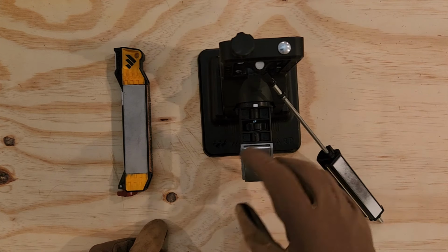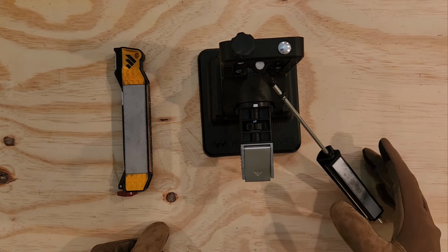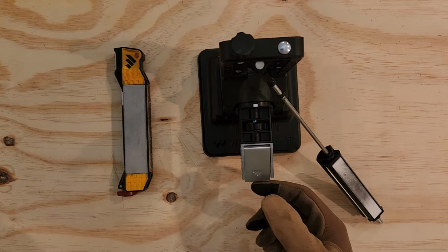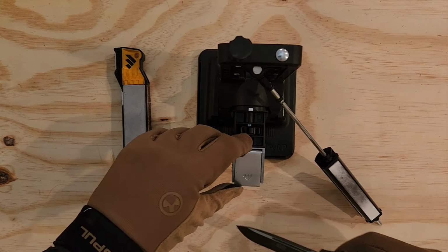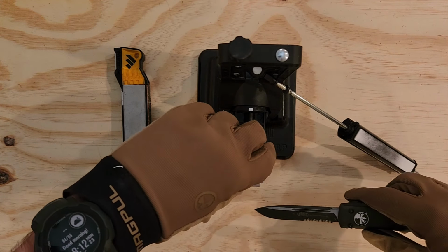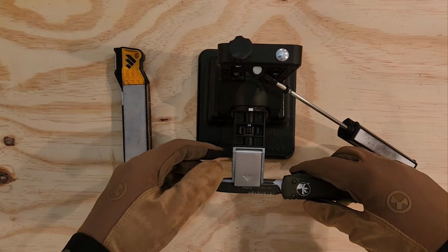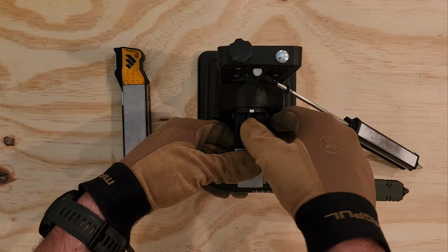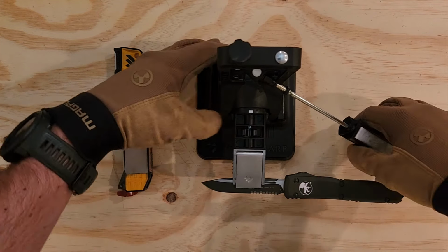And finally, what I have found to be something that's a little bit frustrating is, and honestly, I did not realize this, that they made this on the, I think it's the professional version. So the expensive $250 version, they came up with a solution to not being able to fit more narrow blade shapes in here. So we have this Microtech Ultratech right here, kind of a smaller blade, maybe not lengthwise, but body of the blade wise. And when I put this in here, you'll see, let me just, so if I want to put a lower edge onto this Ultratech,